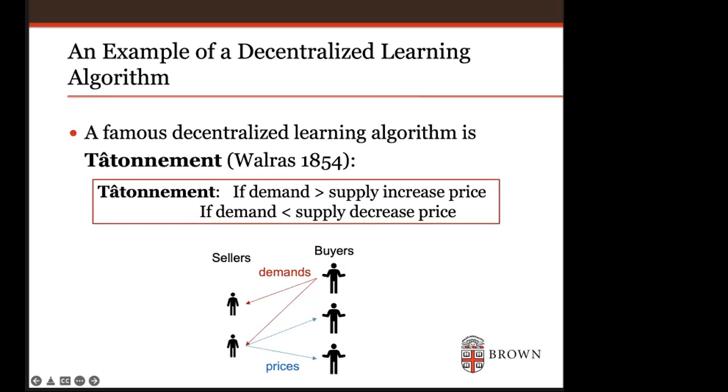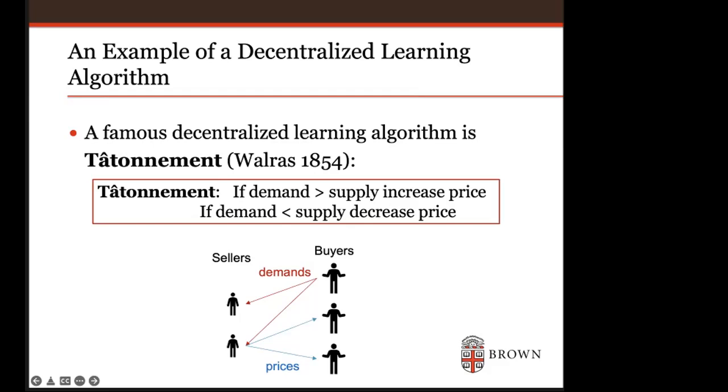that if the demand for a good is greater than its supply, then the seller of that good will increase the price of that good. And if the demand of a good is less than its supply, then the seller will decrease the price of that good. And so Walras argued that if you repeated this process over and over again, eventually a market would